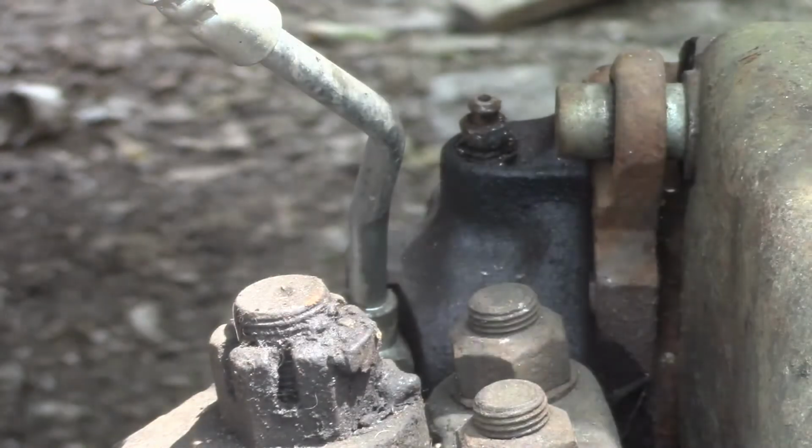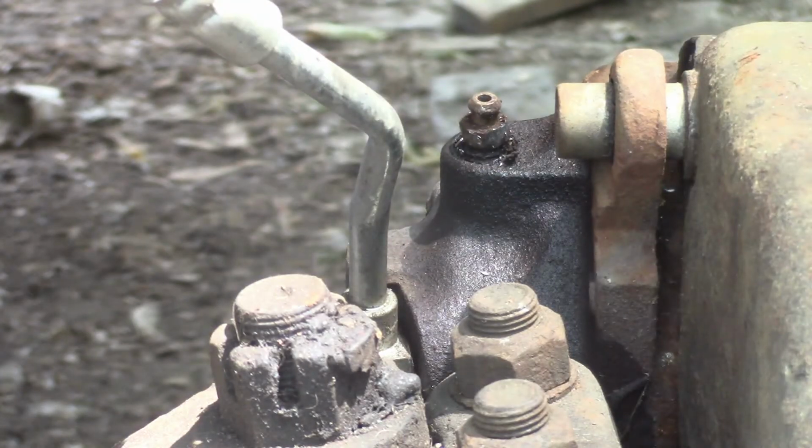So, I mean, all else fails. It's not a road truck, it's a trail truck, so I guess we'll try the front before I replace the calipers. I'll just bleed it through the line